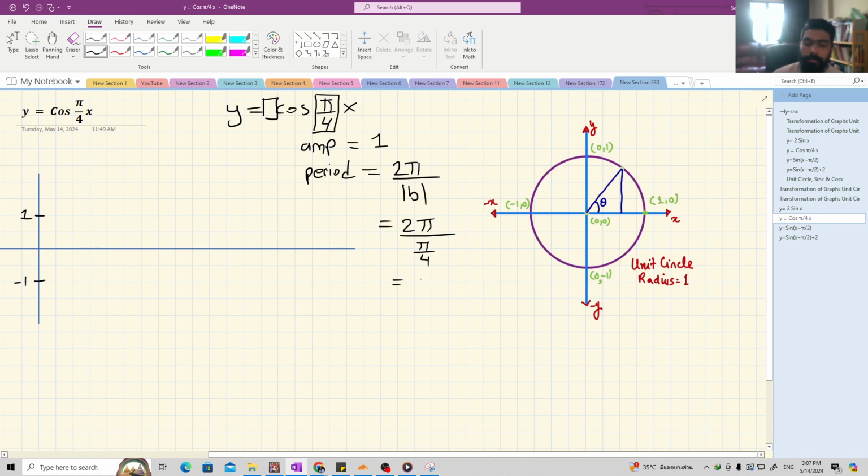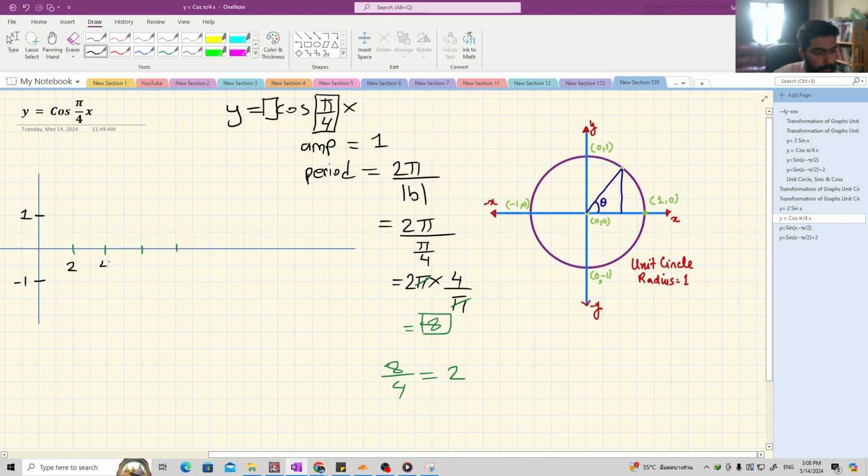Now, when we divide fractions, we change it into multiplication and find the reciprocal of it. So pi over 4 is going to change to 4 over pi. The numerator goes to the denominator and the denominator goes to the numerator. Now, as you can see here, pi and pi, we can simplify it. So we have a period of 8. Now, since I want to divide it into 4 equal parts, 8 over 4 is equal to 2. So this has a value of 2